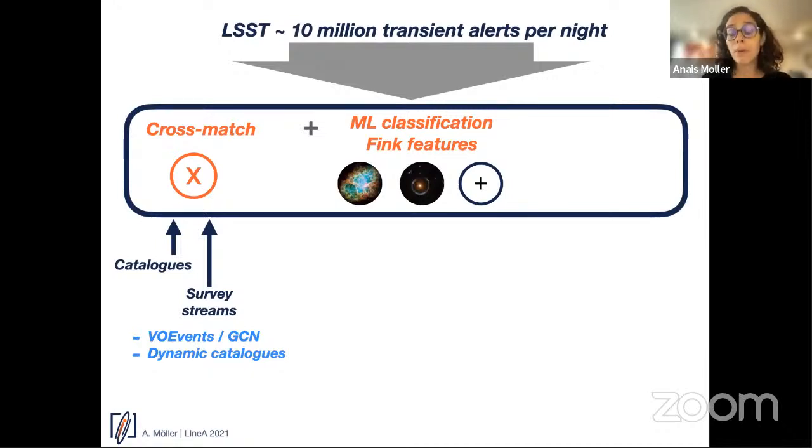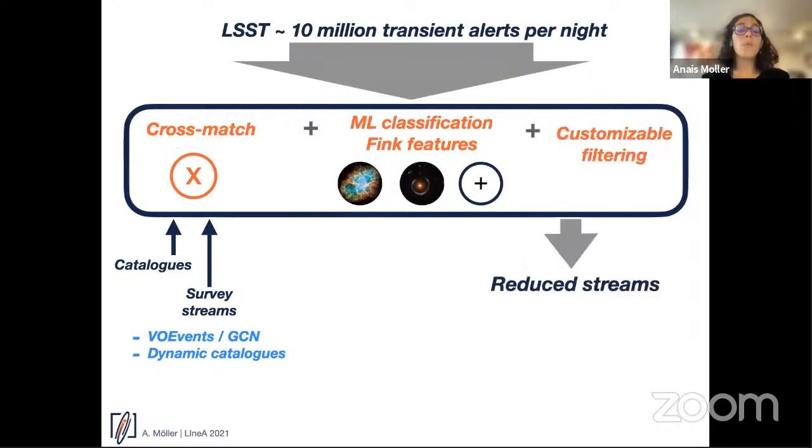And we have a big part of machine learning classification in our broker. Why? Because machine learning has proven to be great in classifying objects using only photometry and even partial photometry. And also because it's very scalable, it's very fast to actually get these classifications quickly.